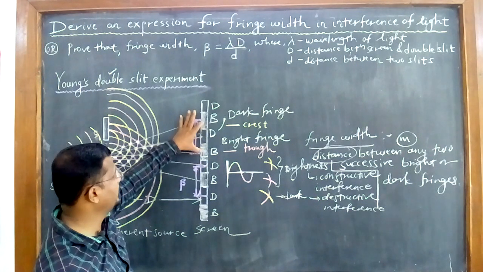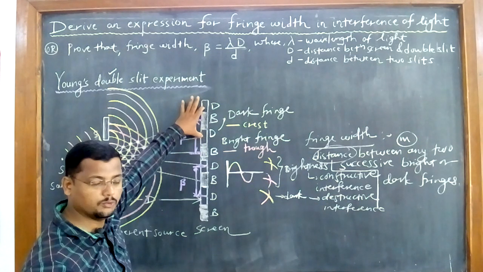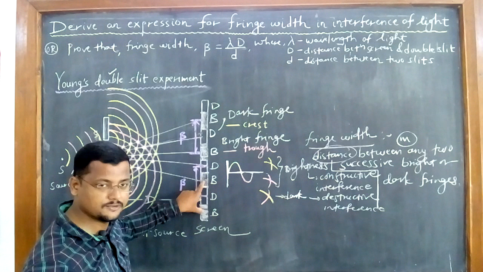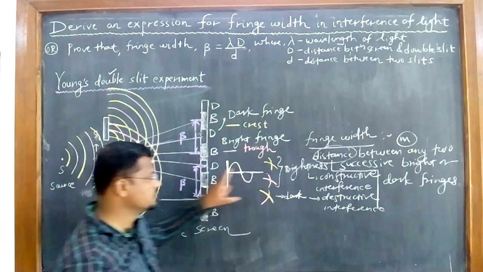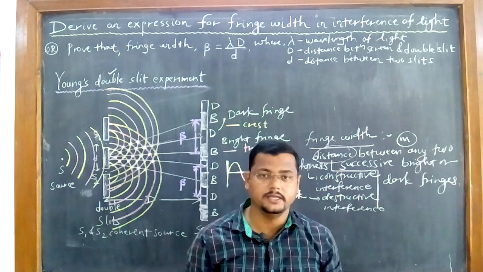This is also fringe width. Why? Because these are two successive bright fringes. This is also fringe width because it is the distance between two successive dark fringes. This is also fringe width here because it is the distance between two successive bright fringes. Okay, so this is your fringe width concept, and the fringe width formula is beta is equal to lambda